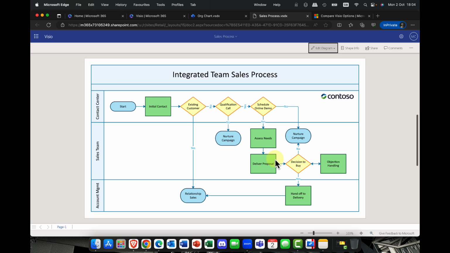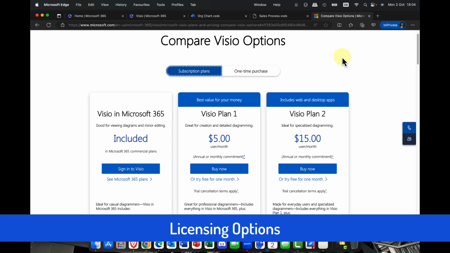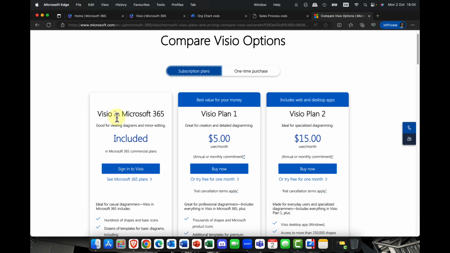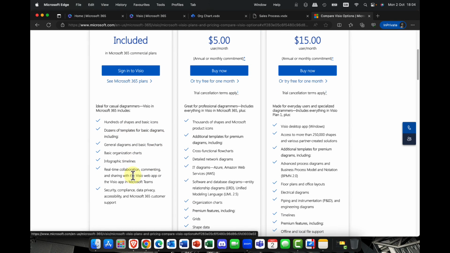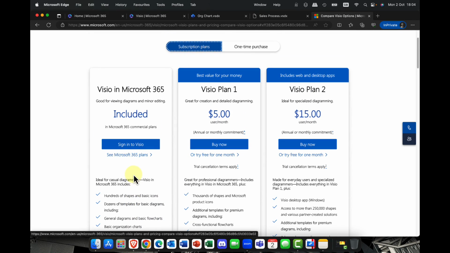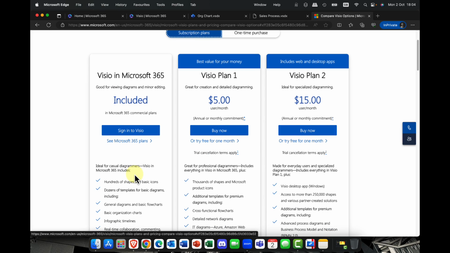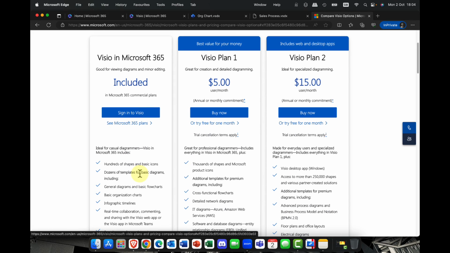Now, you can see that depending on the subscription that you've got, you may need to get an appropriate license. And when we talk about the different Visio options, you get the basics included in Microsoft 365. This does a pretty good job. There are hundreds of different shapes and templates and things that you can use. Now, being a Microsoft person, the one little frustration that I have, though, is that I can't bring in Microsoft-esque diagrams. So, for example, their representations of Azure, or Entra ID, I suppose we should call it.